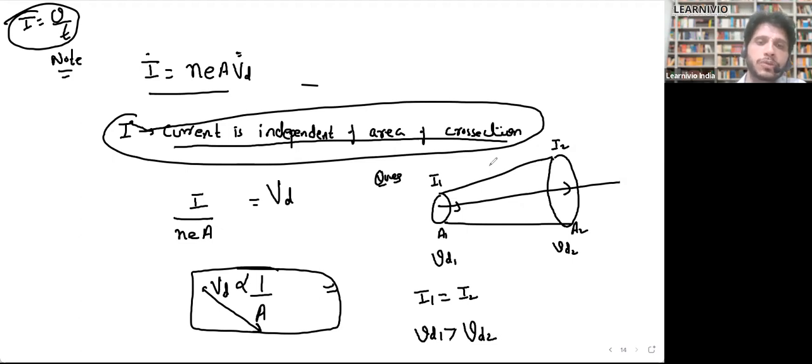Remember this thing. These are conceptual questions given in NCERT based on this relation. Is it clear? Just note it down. Then we will start Ohm's law, and we'll see how we can calculate resistance. See, the numericals on drift velocity and this relation will involve everything. It will involve Ohm's law, resistance, and resistivity. So first of all, we will complete resistance, resistivity, Ohm's law. Then we will come to this topic. Okay, fine. I'm changing the slide now.